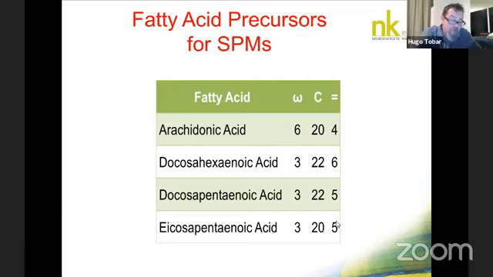So it could be important for COVID-19 patients to take omega-3, and even the Metagenics product SPM, which is a further enzymatic step. So you're much closer to producing the resolvins than with just fatty acids.